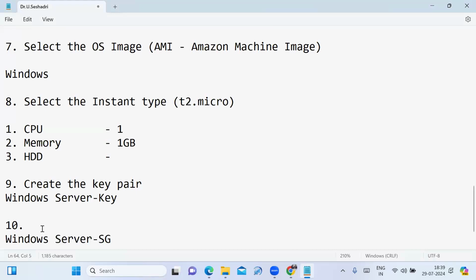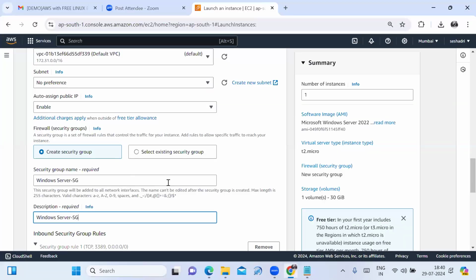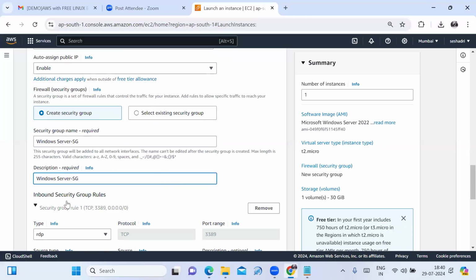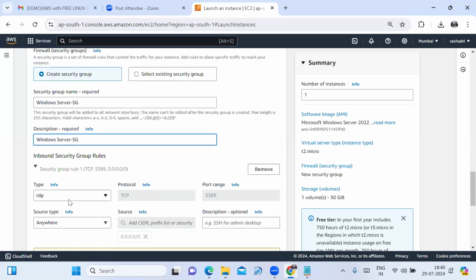The next step is network settings. In network settings, you have to go to the edit option. Here in the edit option, you have to create the security group, and the name is Windows Server SG. See, you are launching the Windows machine. By default, it is providing the type RDP. RDP is nothing but Remote Desktop Protocol. The port range is